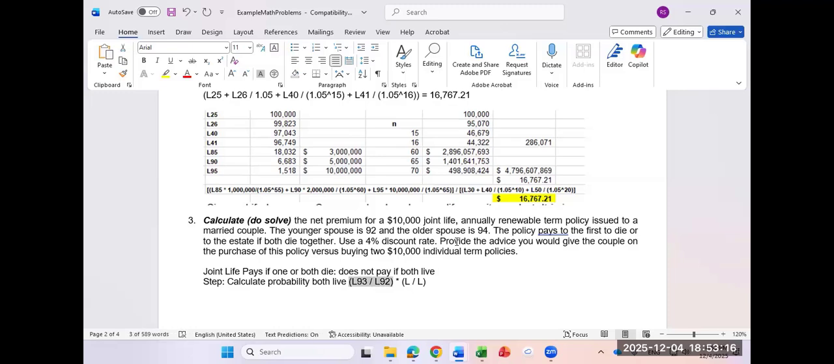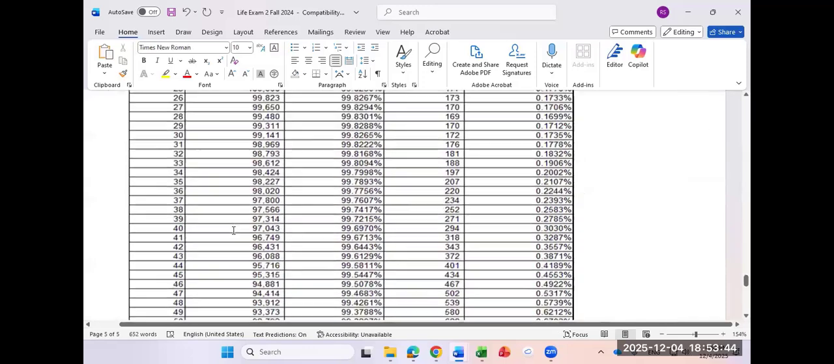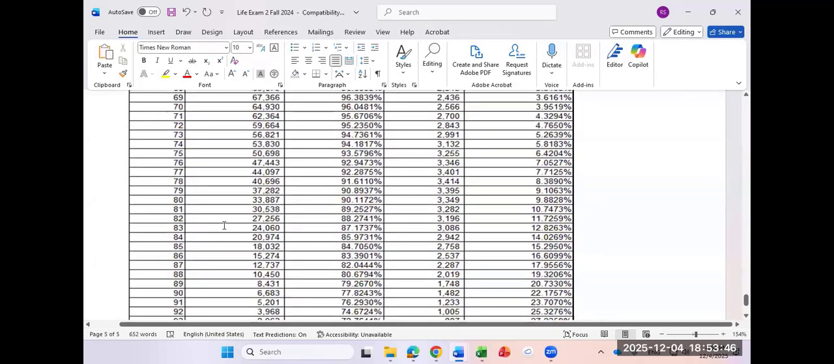Because you can take the people alive at 93 divided by the people alive at 92. So you've got the 92. Someone tell me the second one. What do we put here? L95 over L94, all right? So you start with that. That's going to equal